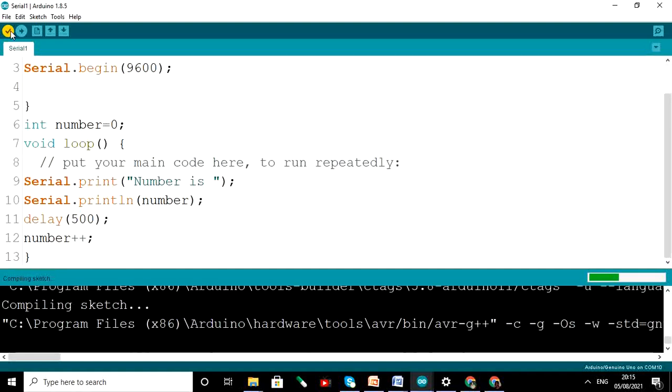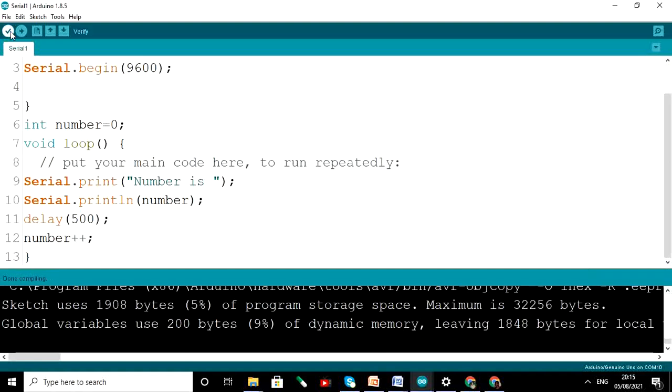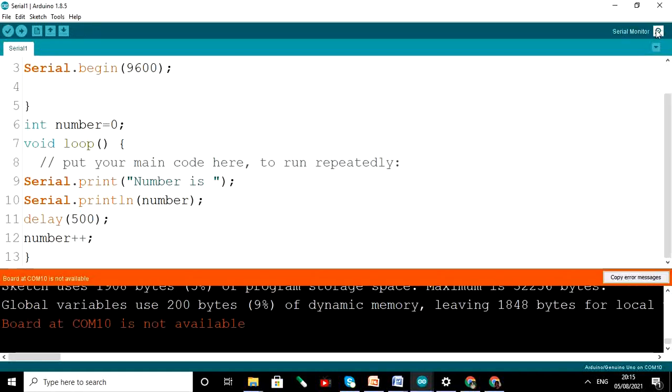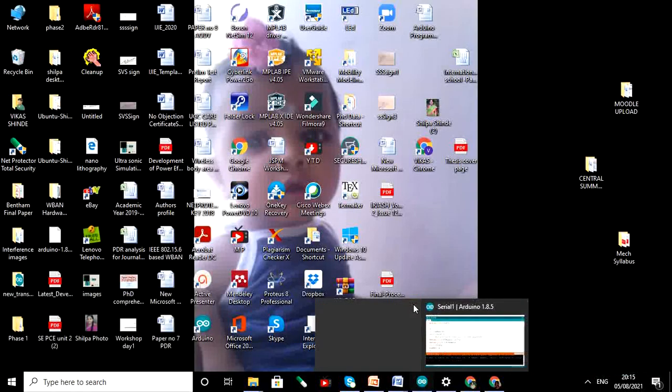Now it is completing the process of compilation. Now we will open the serial monitor. We have to connect the serial port, so we have to close the previously opened program.